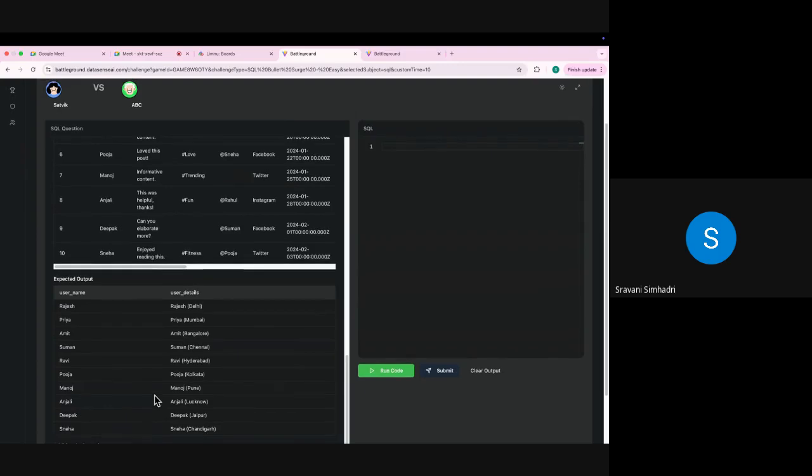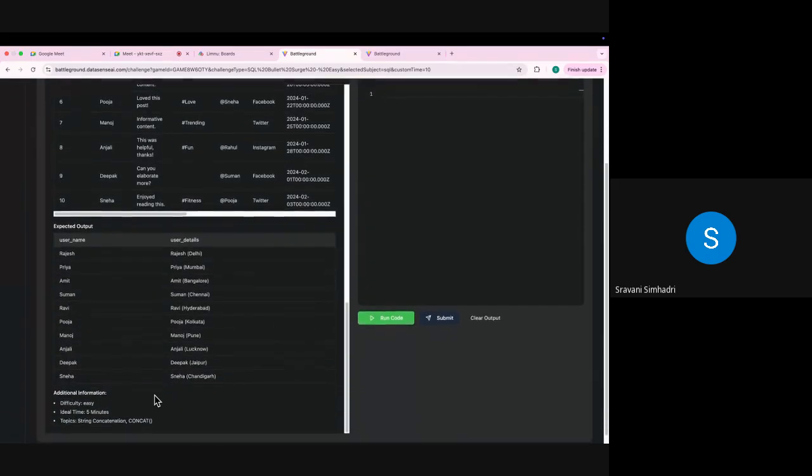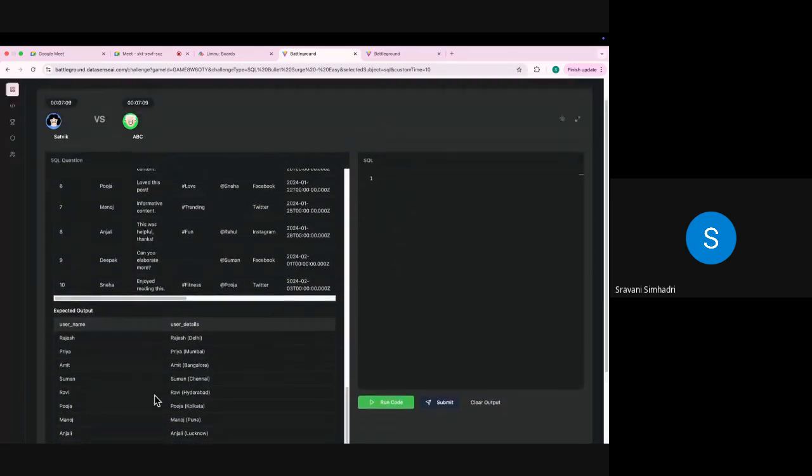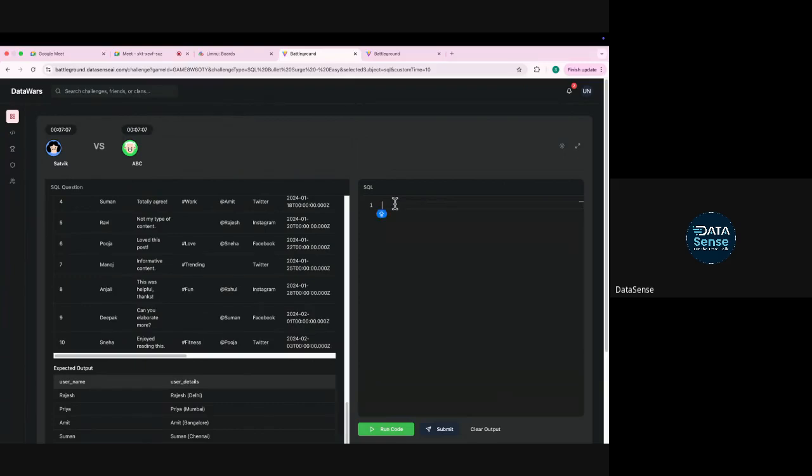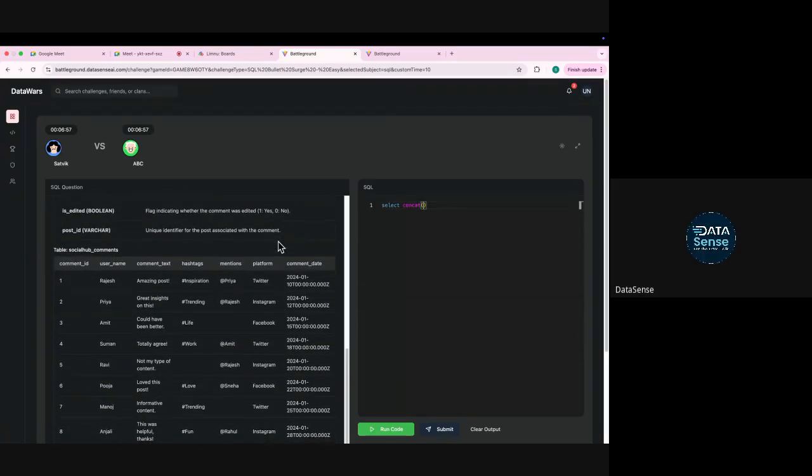Using the concat function. So what should I write here? SELECT CONCAT